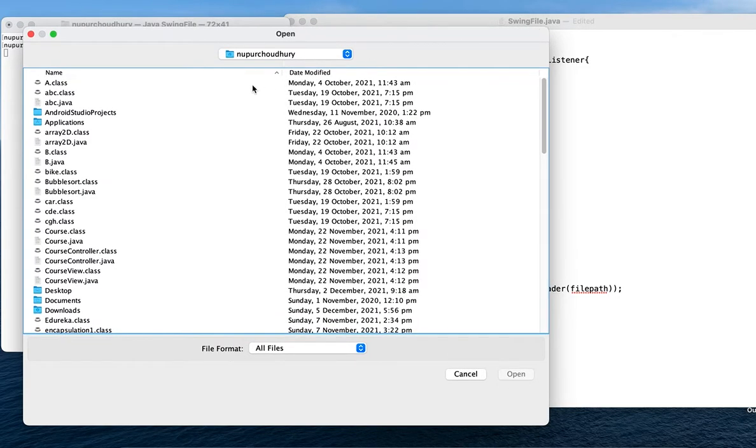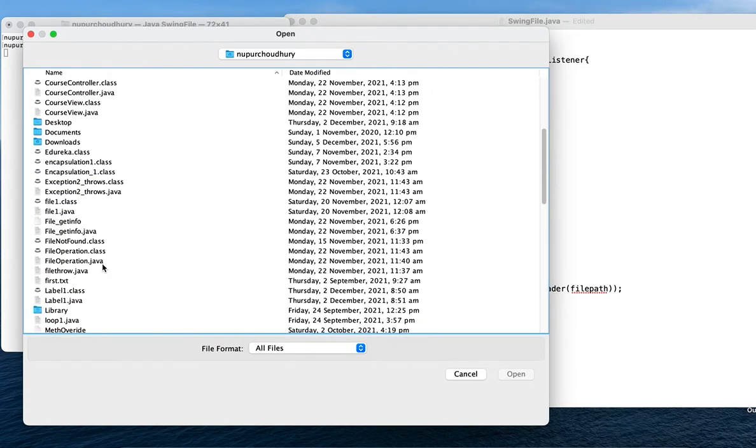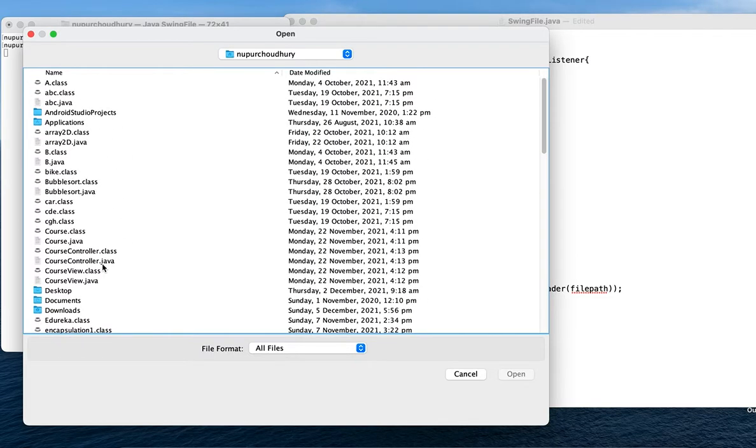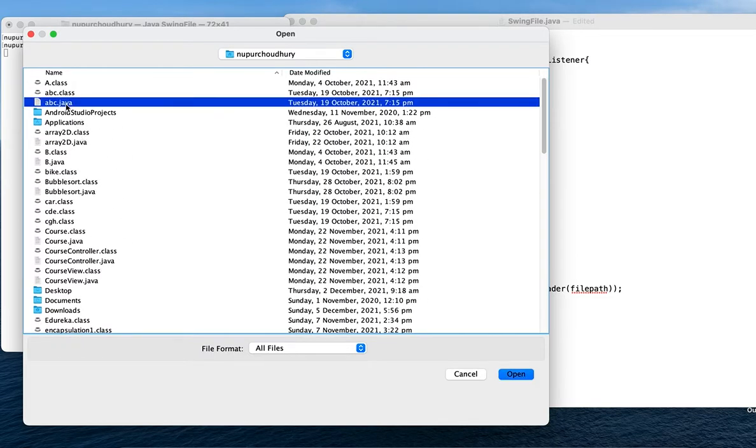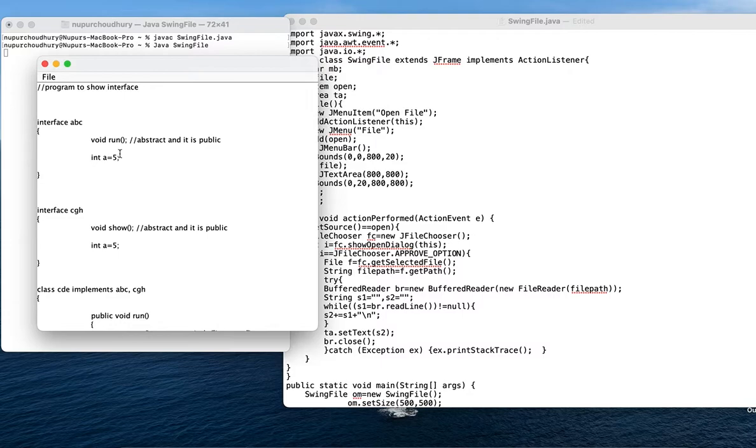So this is where my programs are stored. I will simply select one particular file, abc.java, and let us see what is there. The content of the file would be printed in the same frame which has helped us to open it. So when we are opening it, see, the content of the file is basically this. So we got the program here.